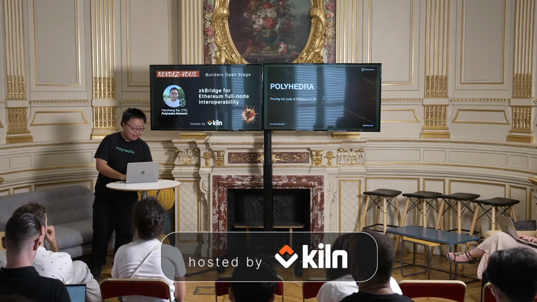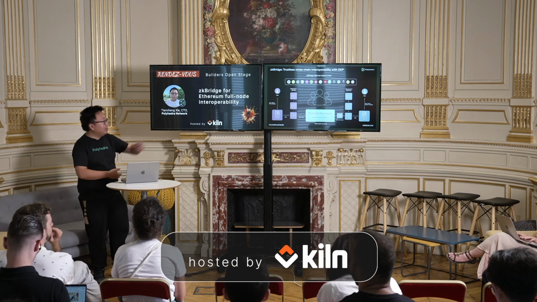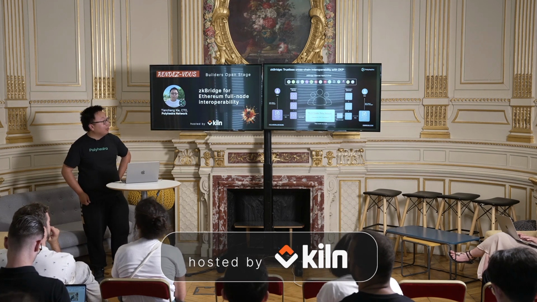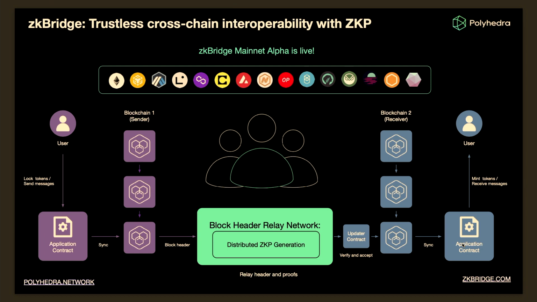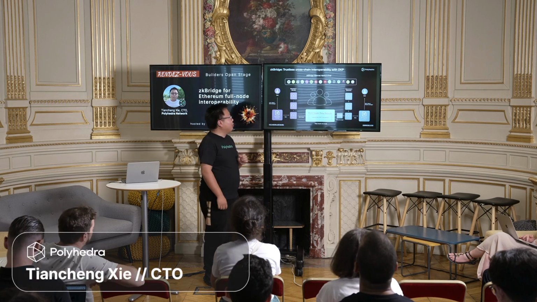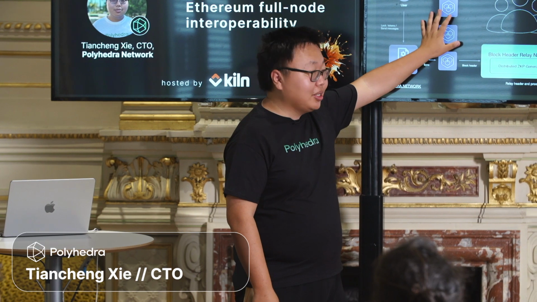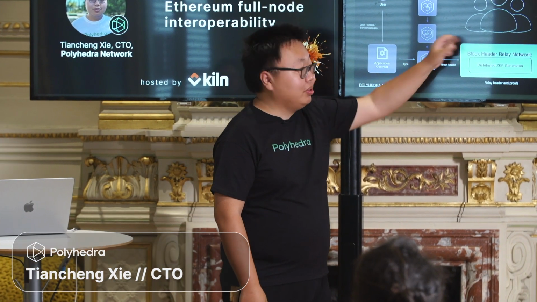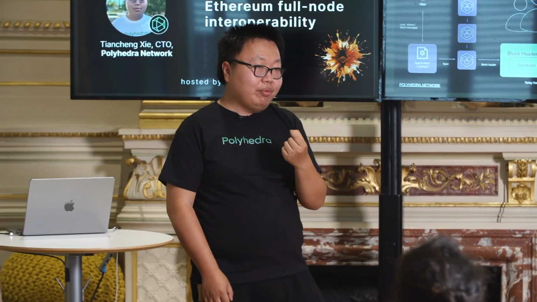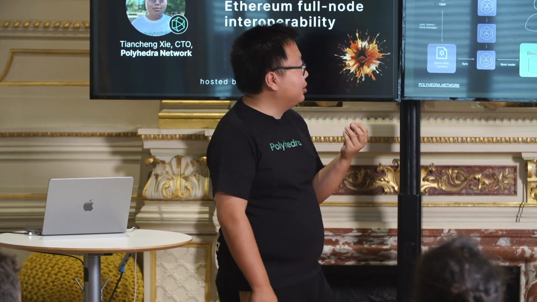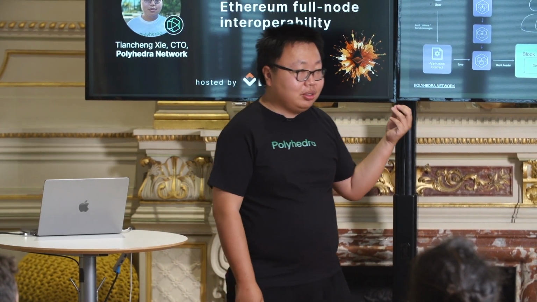So let's get started. Here is our bridge infrastructure, and we are going to prove two things. But the main thing is the block header here. We are going to prove the validity of the block header from the sender chain to the receiver chain. So the receiver chain will eventually get convinced of the state of the sender chain, the block header